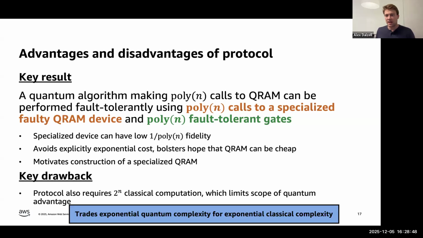So in some sense, compared to our method of writing down a circuit and applying error correction on each component of that circuit, which had 2 to the n quantum complexity, we've reduced that quantum complexity to poly n complexity, but the cost has been an exponential amount of classical complexity. Now, trading quantum for classical complexity is often a good trade, but this is not quite fully satisfying for this reason. We would like to have a protocol which had both polynomial quantum and classical complexity. So this is a major open question for this line of research.